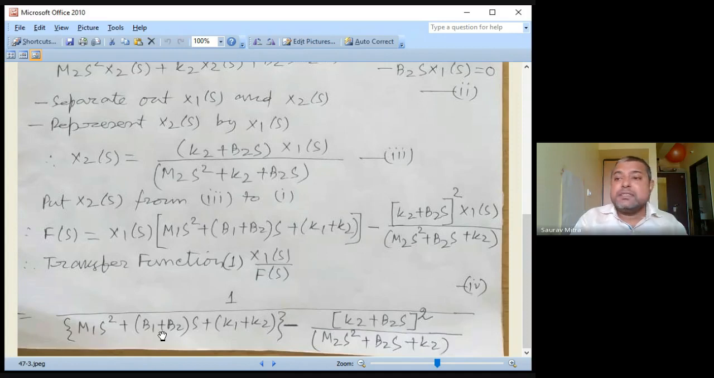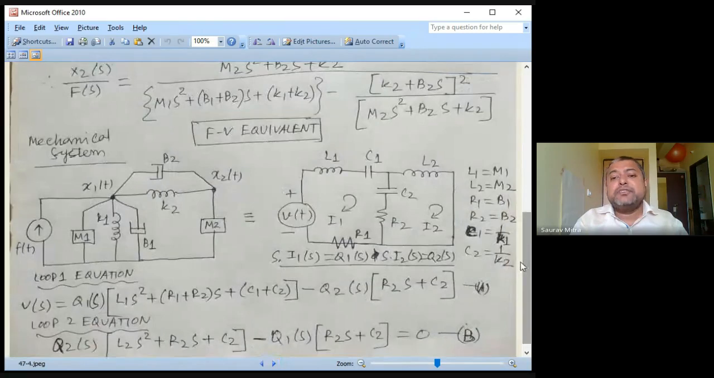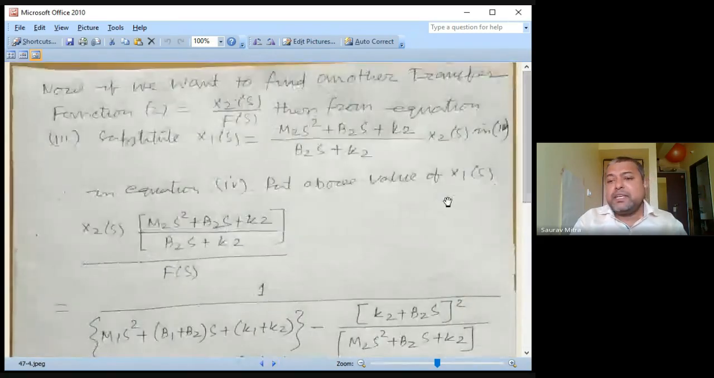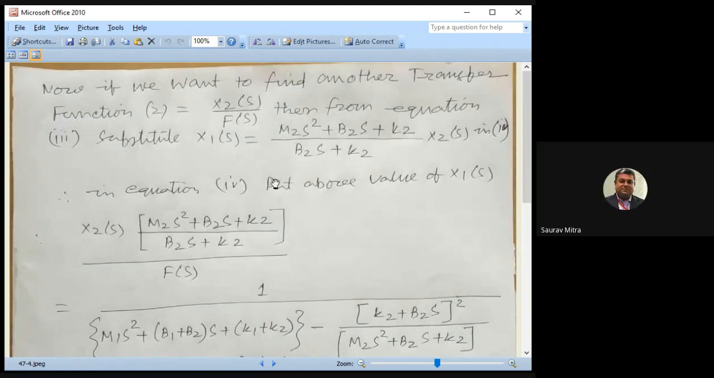So s raised to 4 is the degree of the characteristic equation. That means this is a fourth order system. So this is how X1(s)/F(s) is found. Now if somebody asks that I want X2(s)/F(s), because there are two displacements, both transfer functions are possible. So what you do is, in that X1(s)/F(s) that we have just found,